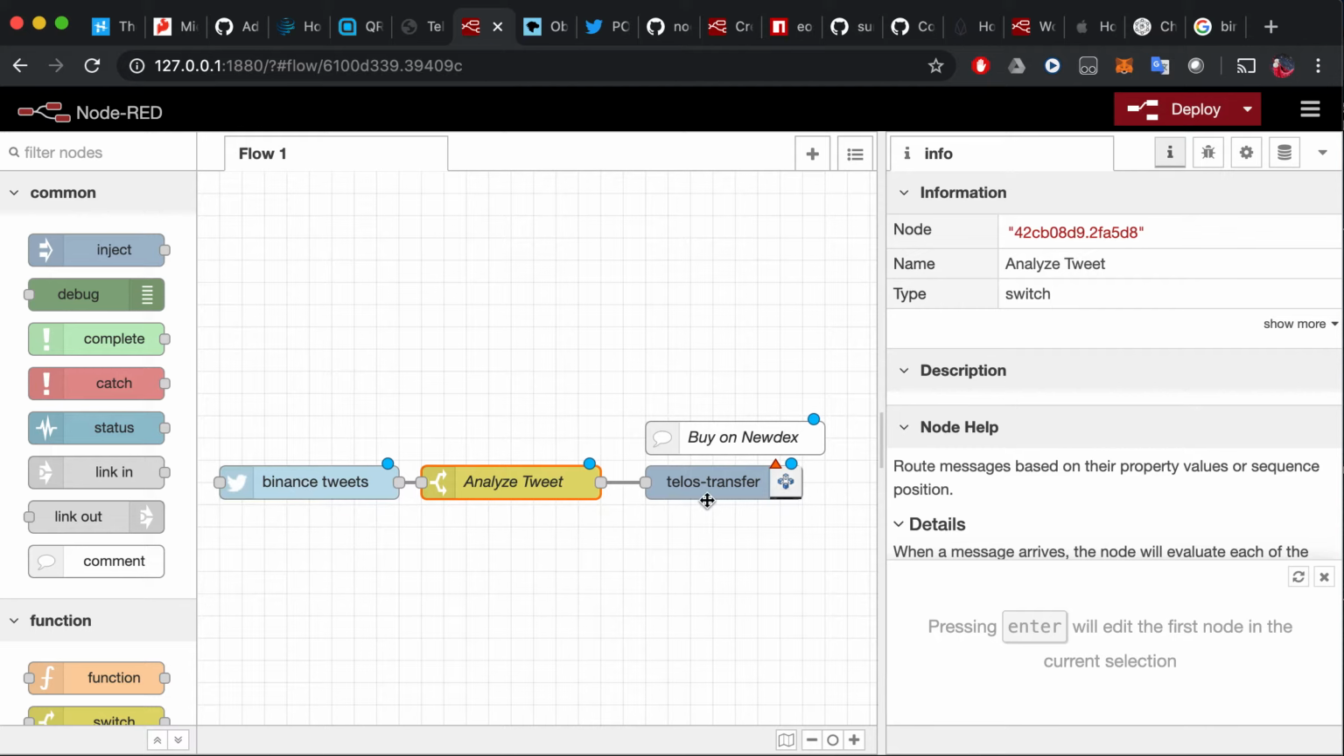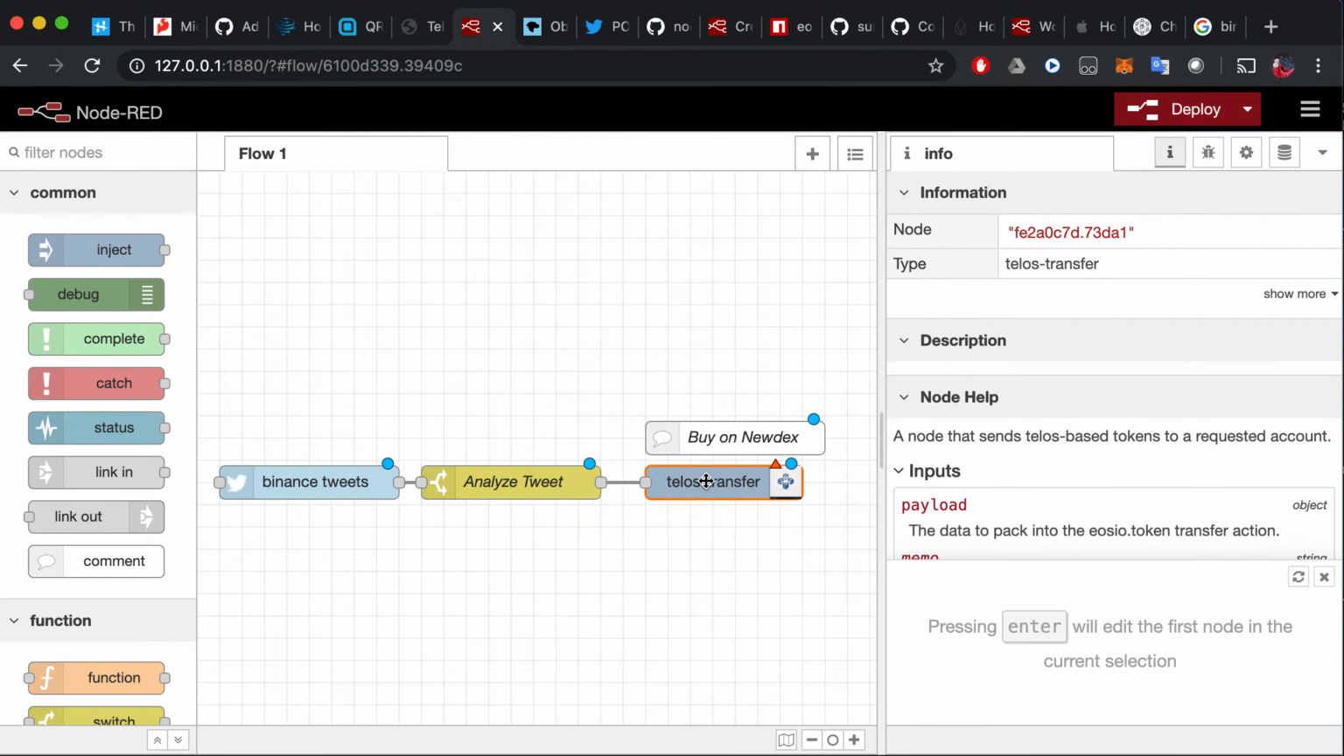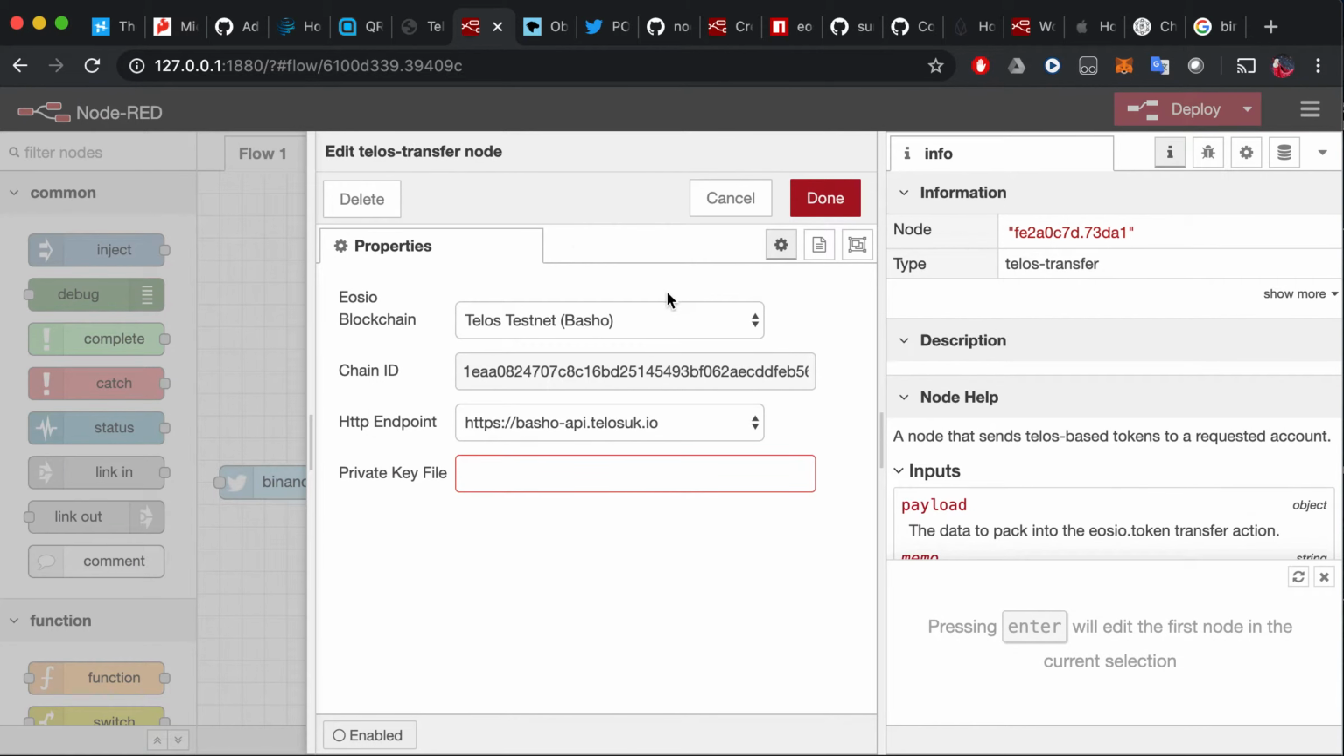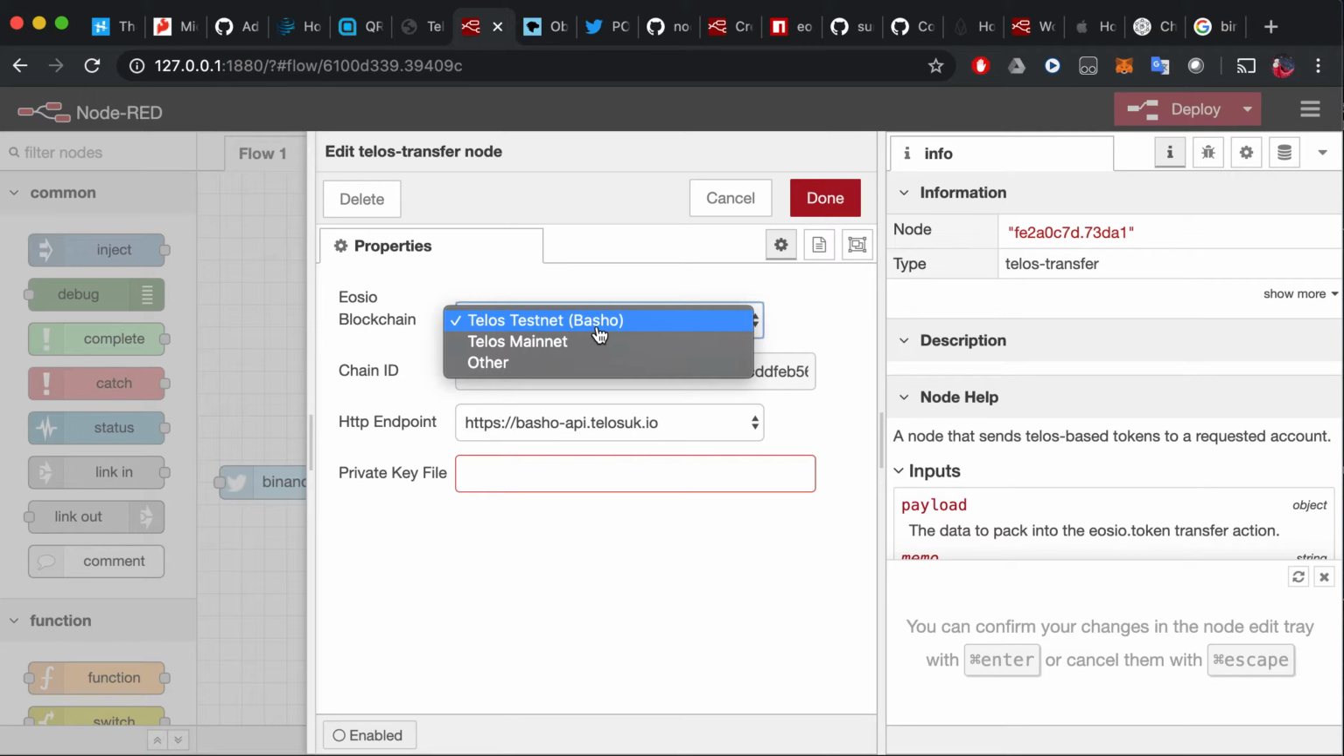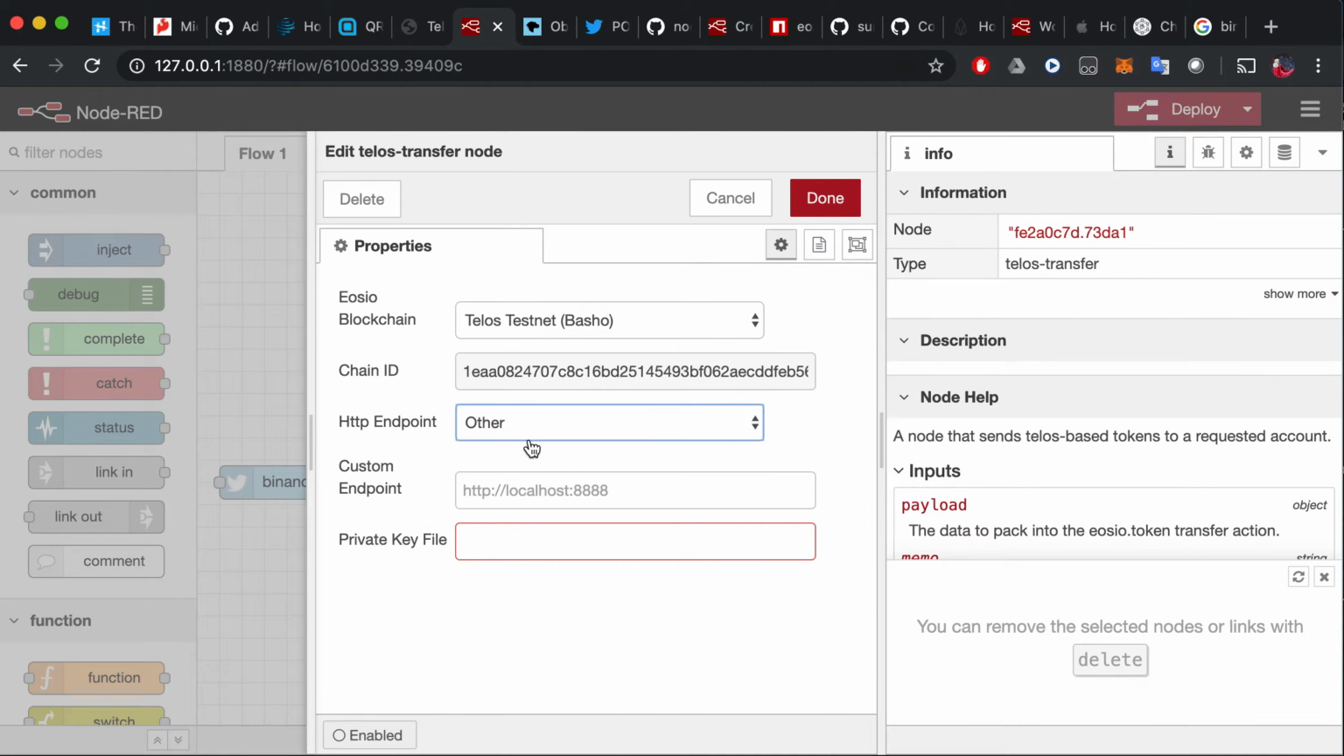So what we have here is just an automatic bot that reads in the Binance tweet, analyzes it for this good criteria, and ideally this is a node that I'm working on right now that takes in all of these different inputs. It also takes in your private key into a file, a JavaScript file, and it basically just pushes a transfer action to the Telos blockchain. So here you can choose if you want mainnet or you can use testnet, and you can also, if you wanted to use a custom endpoint, you can go here to other and use one of the ones that aren't